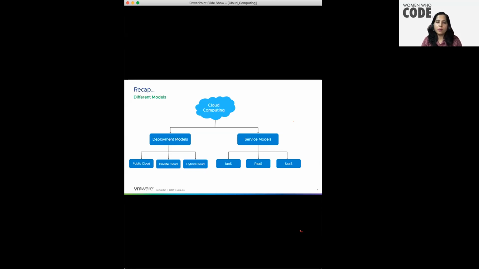Now let's go to the third type. That's Software as a Service, or commonly we call it SaaS. You must be hearing SaaS everywhere, as every company is moving towards SaaS. In this case, software applications are delivered as a service over the internet, on demand and on a subscription basis. So SaaS is also related to subscription. When we call it SaaS, we always relate it to the subscription basis.